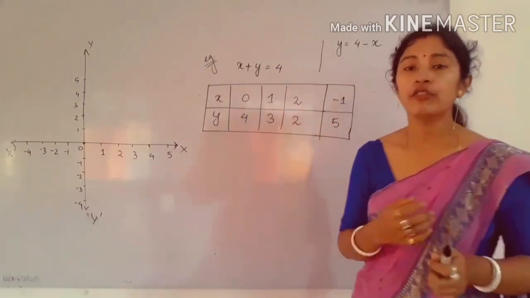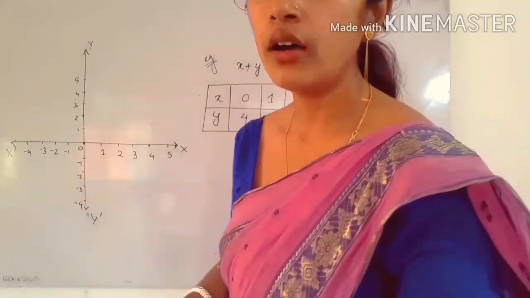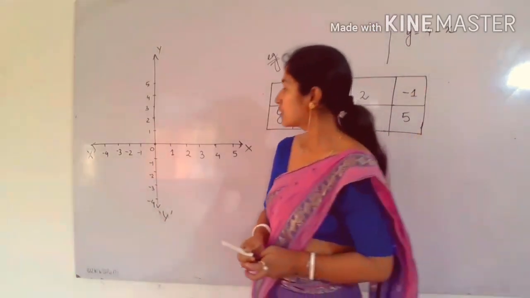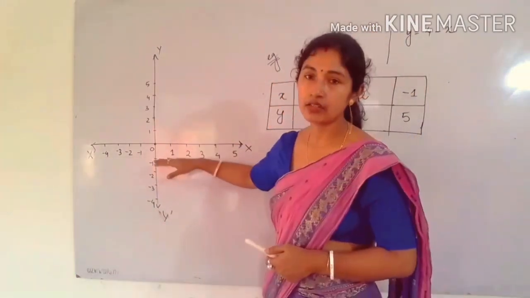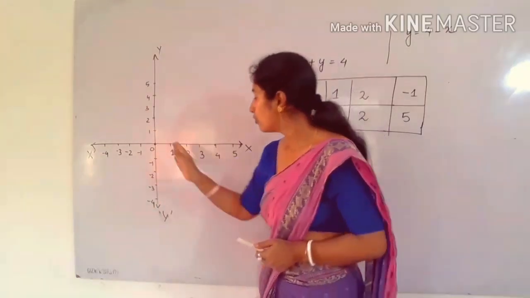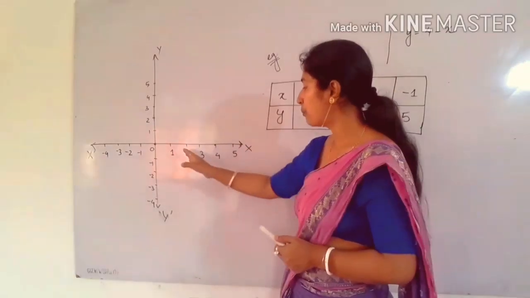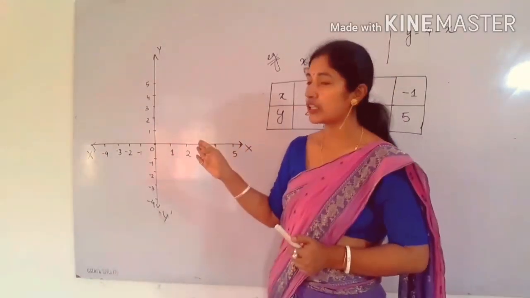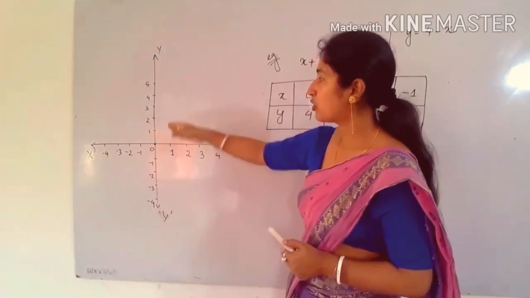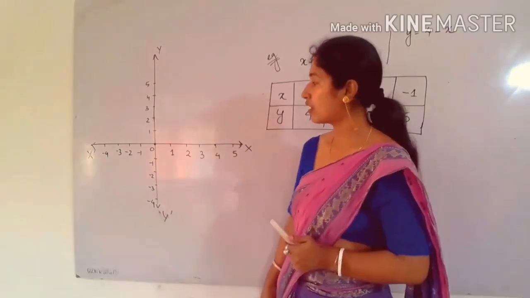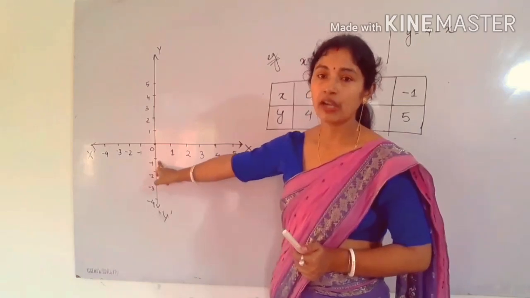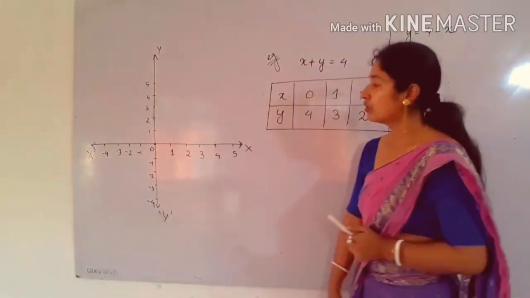Now what we have to do is draw a Cartesian plane. Already we have learned the Cartesian plane in coordinate geometry. So this is a Cartesian plane. This is called the x-axis. Already you know, this is the y-axis. This is the origin. Now, in the positive x-axis you have to mark points. Similarly, in the negative x-axis you have to mark points starting from minus 1, minus 2, and so on. Similarly, in the positive y-axis you have to mark positive points starting from 1, and in the negative y-axis you have to mark points starting from minus 1. So in this manner you have to go.